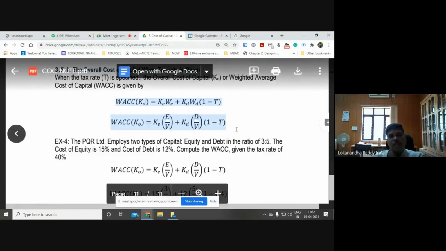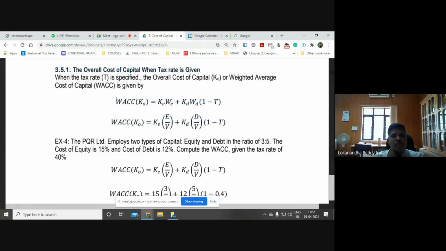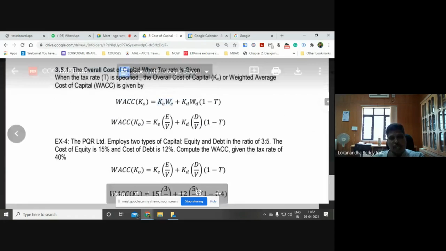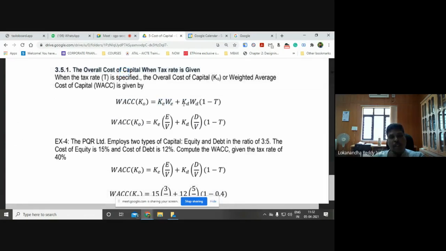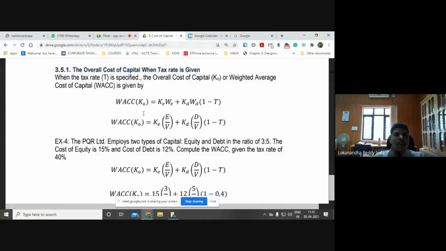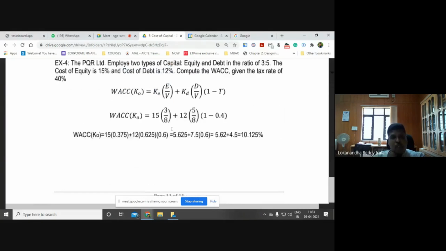It is always advisable to use post-tax cost of capital with post-tax cash flows, and pre-tax cost of capital with pre-tax cash flows. But in either case, remember, always cost of equity is post-tax, cost of debt is pre-tax. So either you convert cost of debt to post-tax by multiplying cost of debt with 1 minus T, and then find out the weighted average cost of capital on the post-tax basis. Or you can find out weighted average cost of capital on pre-tax basis by dividing cost of equity by 1 minus T. So post-tax weighted